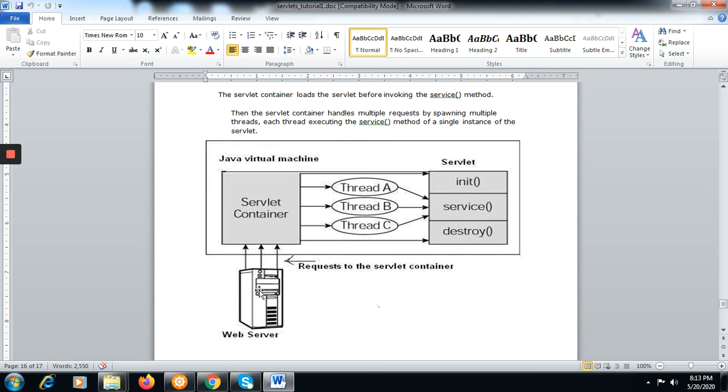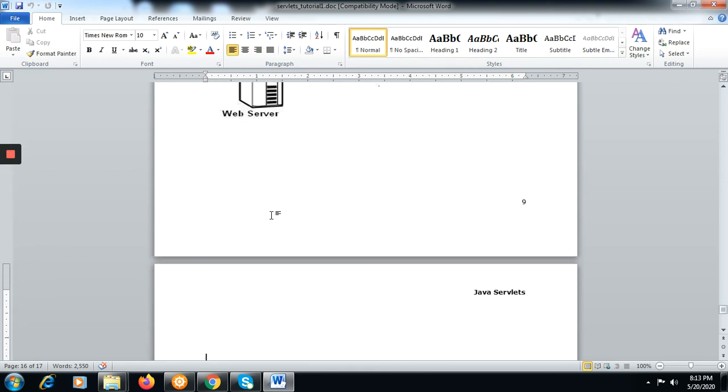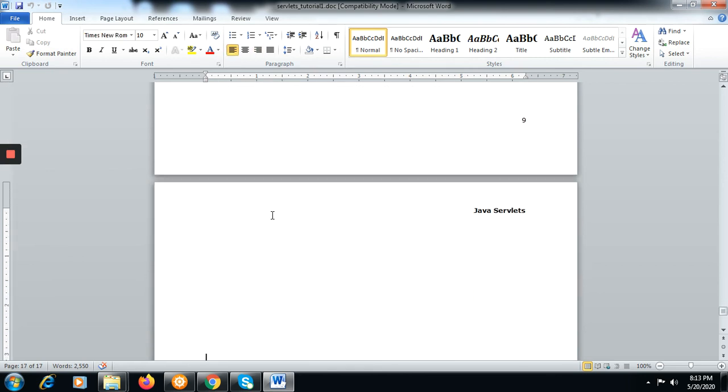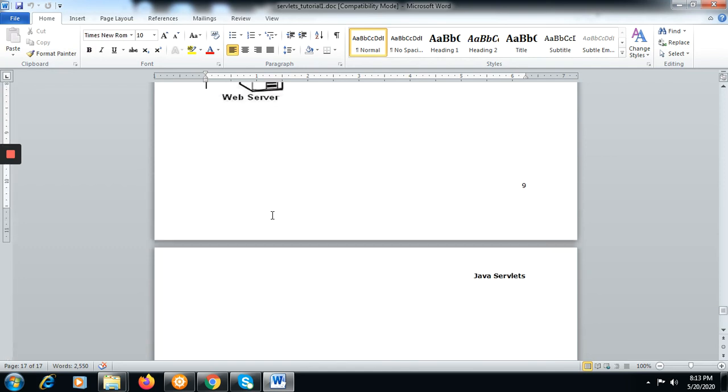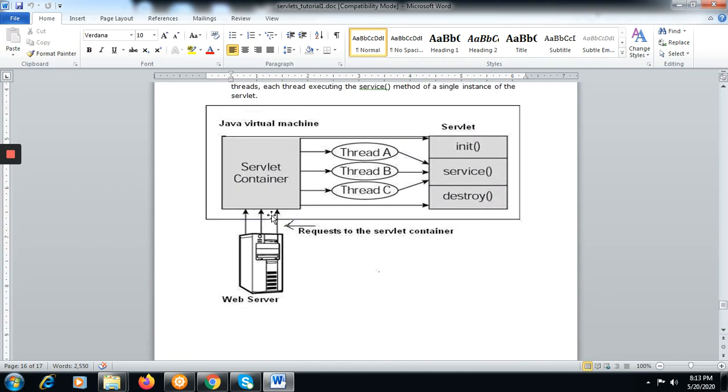This is the box where you have the Java virtual machine and the servlet container, which is nothing but Tomcat. So this is basically the flow. I hope you got the point of how the servlet runs and what things are available to us with servlet programming.